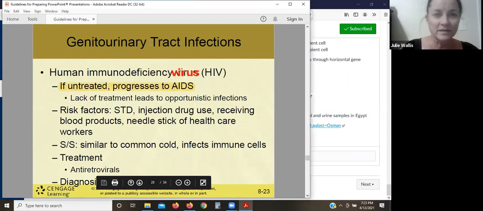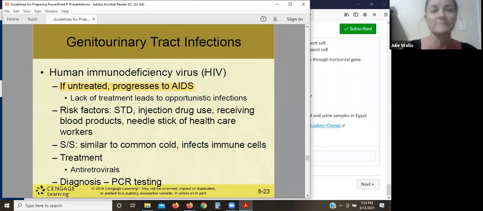All right, HIV, obviously a virus. It's actually in the name. Immunodeficiency virus, if untreated, progresses to AIDS. So AIDS is the disease caused by the virus HIV